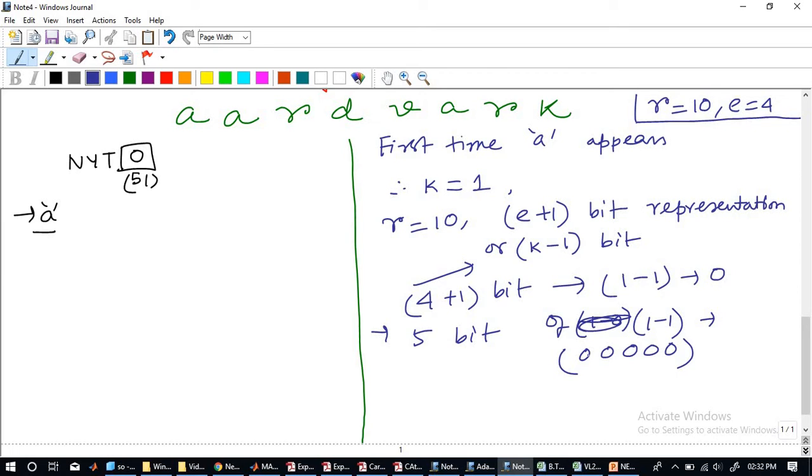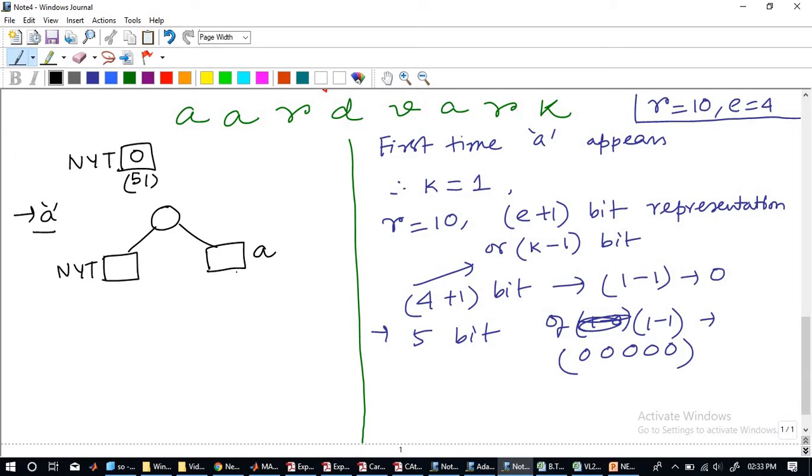Is it clear up till this point? So can anyone give me the updated tree? How will it look like? So NYT is the first element, it should be broken down into 2. So ideally it should look something like NYT.